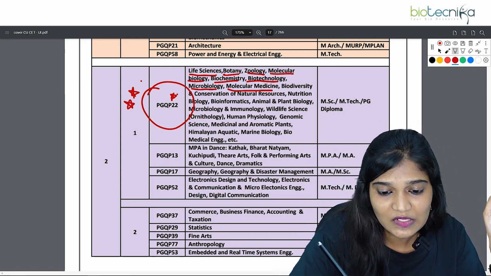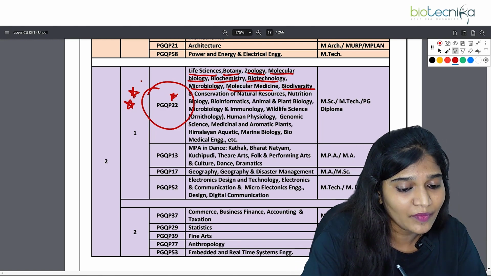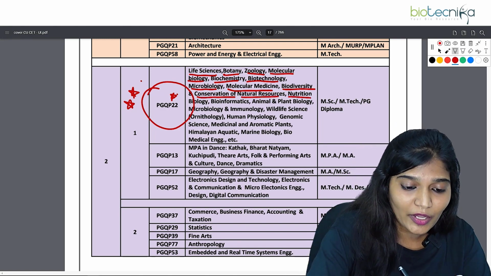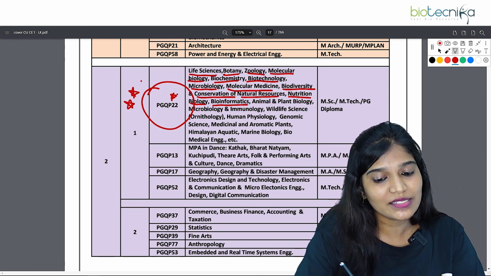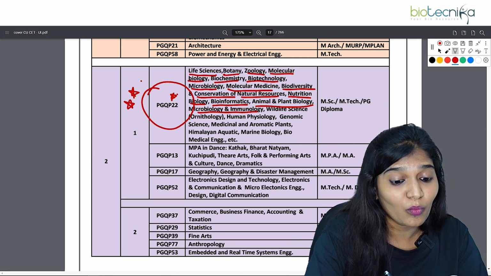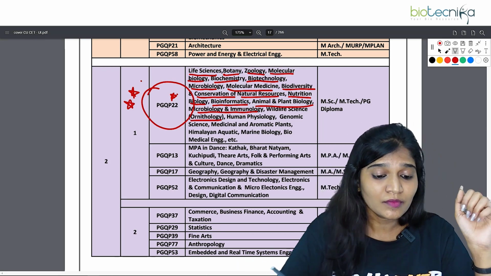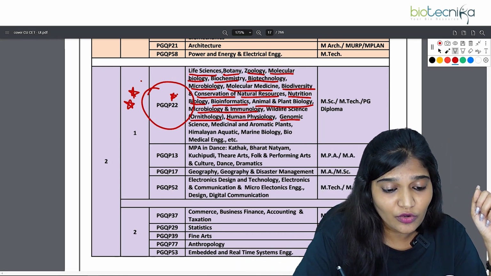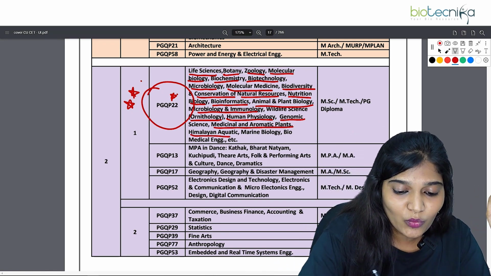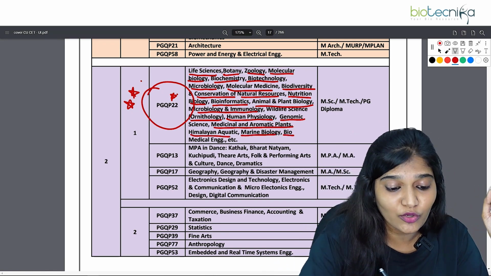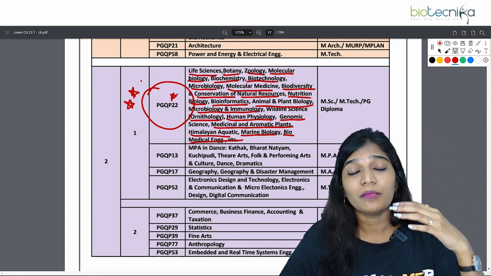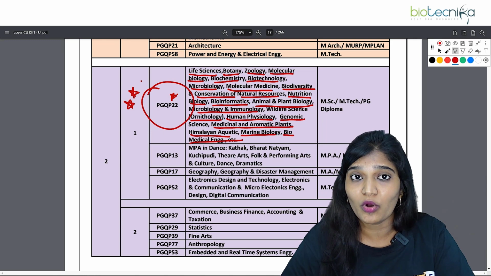Microbiology, molecular medicine, biodiversity and conservation of natural resources, nutrition, biology or bioinformatics, animal biology, plant biology, immunology and microbiology, wildlife, ornithology or human physiology or genomics or medicinal and aromatic plants, Himalayan aquatic marine biology and biomedical engineering. This is common for all the universities, but you can choose whichever university you want in the